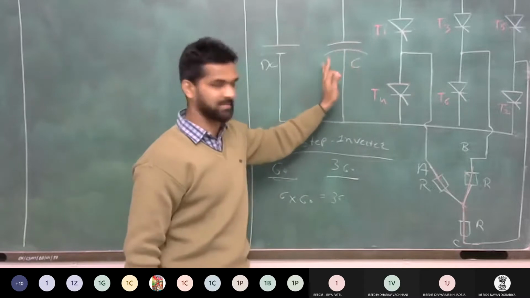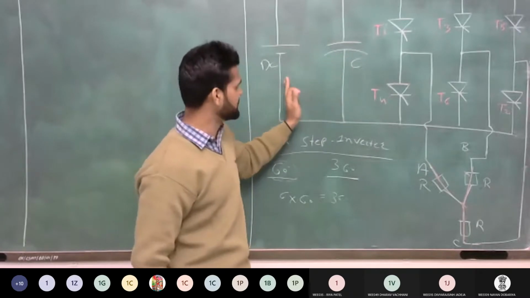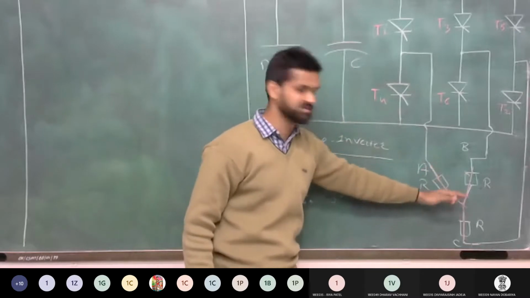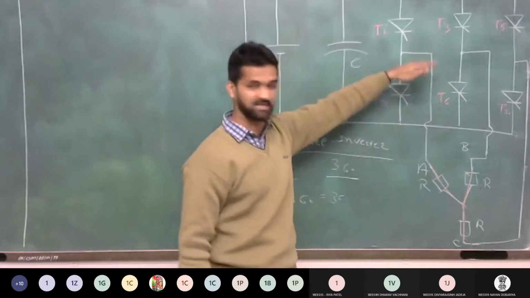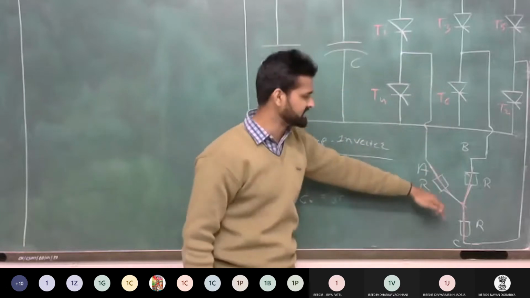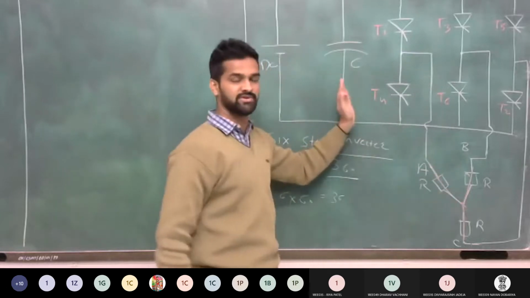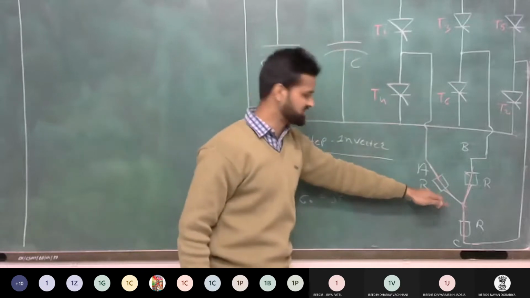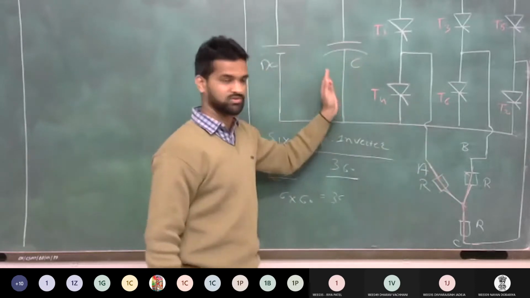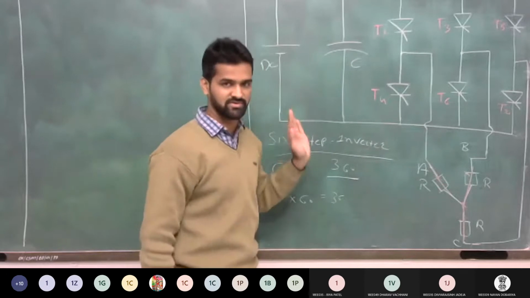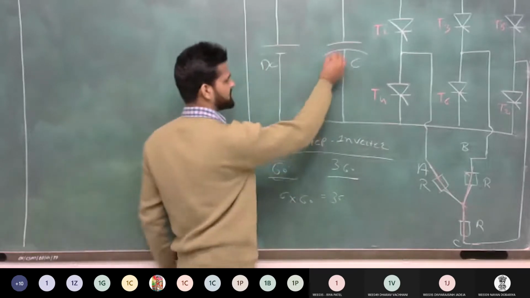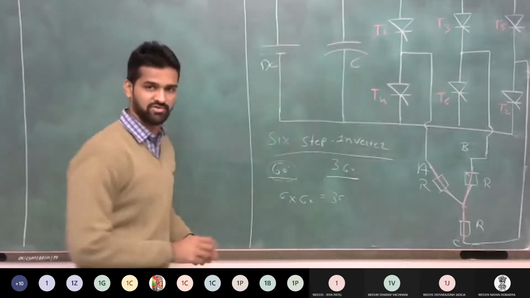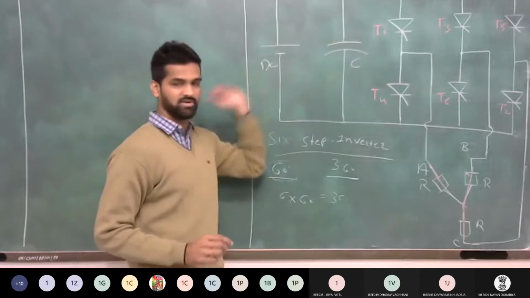The second function of this capacitor is this: when the inverter converts DC to AC, some harmonics are produced in the load because of the switching of the thyristors. So some of the harmonics are injected from the load to the source side. If you put the capacitor, you are able to remove the harmonics coming from the load to the source. So here, this capacitor works as a filter. Always connect the capacitor at the input side of the inverter to remove the harmonics as well as the ripple contained in your DC.